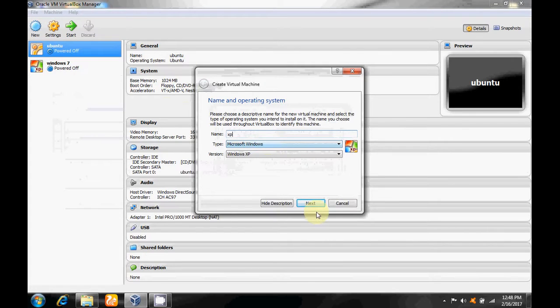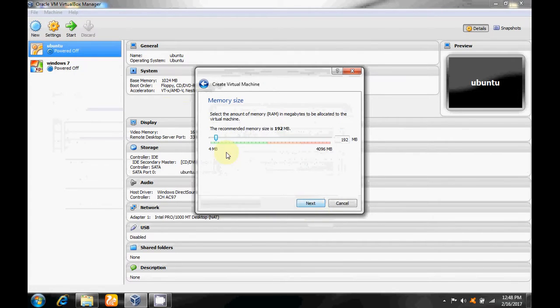Name it Windows XP. Next, the required memory size of RAM. You are allowed to increase this, but not bigger than the memory size of your RAM, so you can slide this to the size of your physical memory.